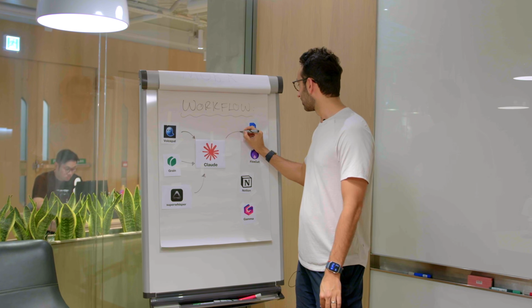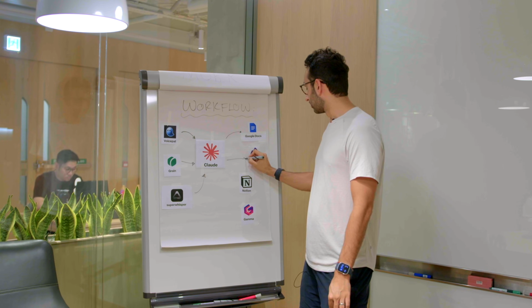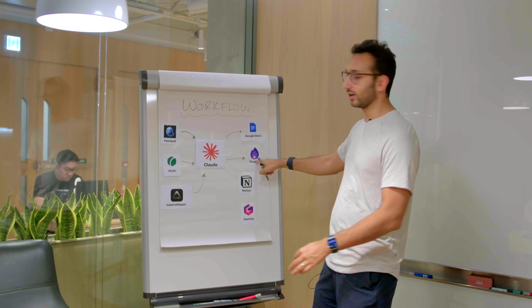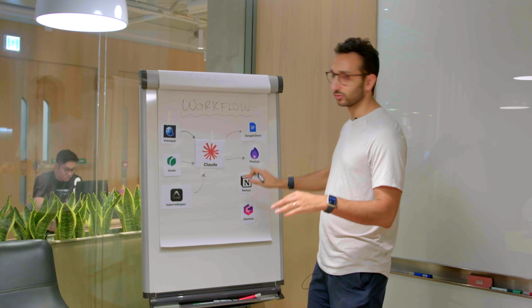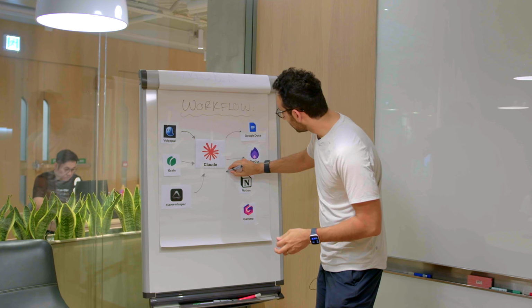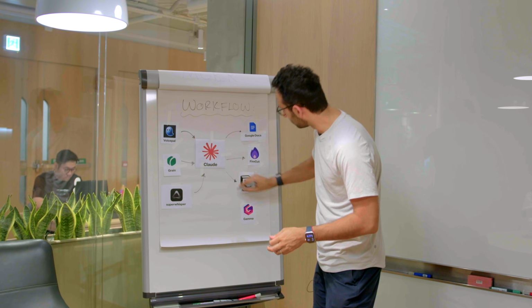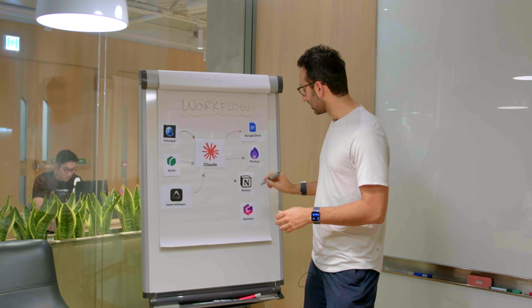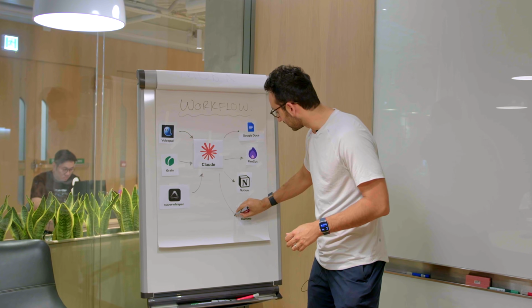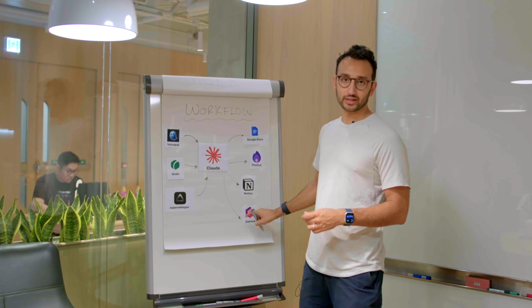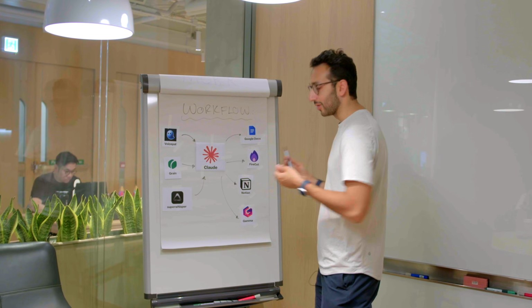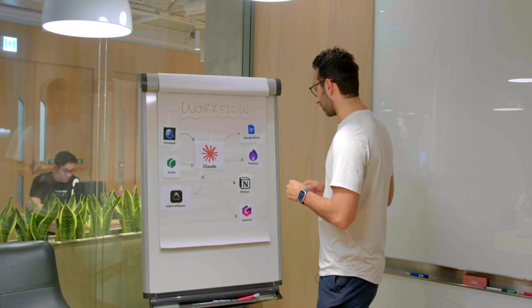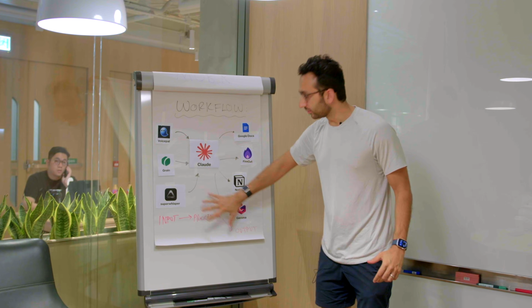And then the outputs are either Google Docs, or if it's a video, it goes into FireCut, which is an AI tool that helps you save time as a video editor. If it's content or stuff for the business, it goes into Notion. We use Notion and Google Docs somewhat interchangeably. And if it's a presentation that needs to be made, it is made using Gamma, because Gamma is a really nice AI-powered presentation builder, which is very good. Okay, so I'm going to give you a quick run through of all of these different apps that I mentioned.